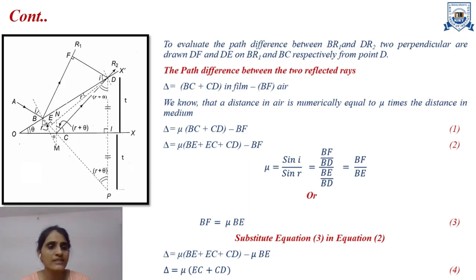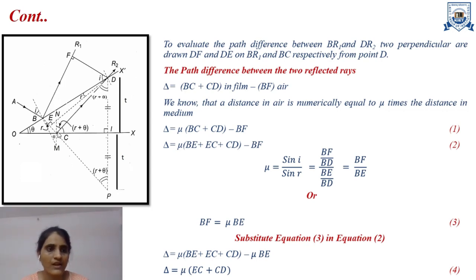Now if we see the distance, then the ray BR1 has travelled a longer distance in comparison to ray DR2. So from point D, we drop two perpendiculars. One perpendicular we are drawing on the ray BR1, that is DF, and another perpendicular from point D, we drop this dotted line on the ray